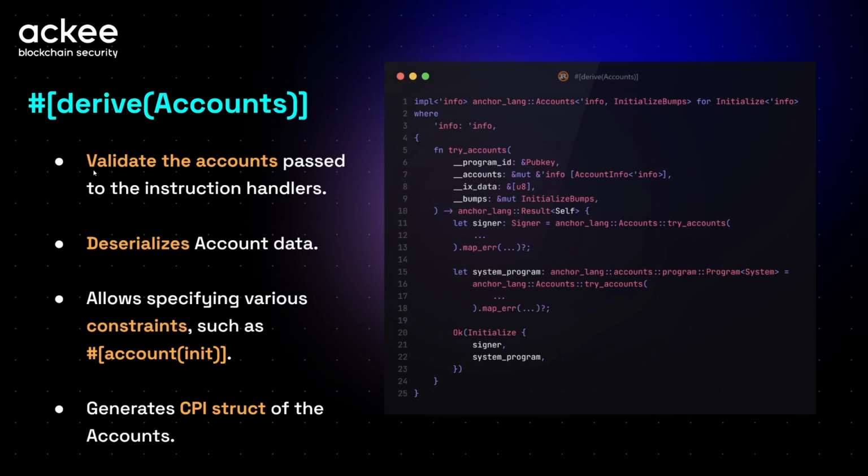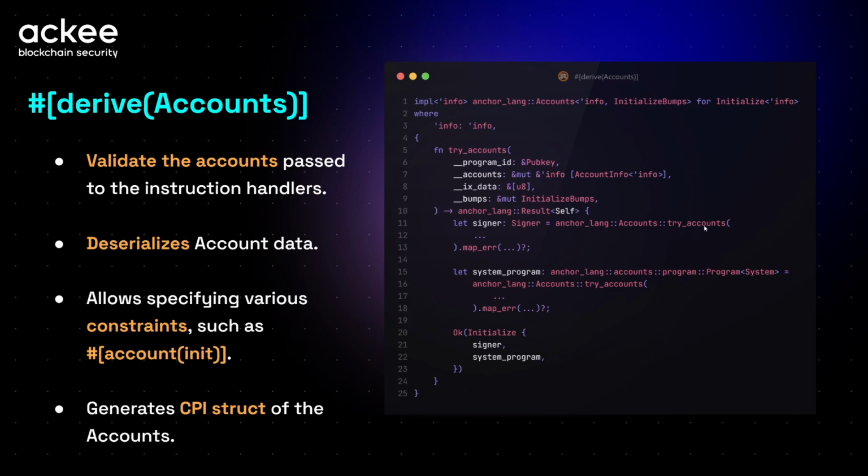because it derives the code that validates the accounts passed to the instruction handlers based on what you specified within the struct. So in this case, let's say you expect the first account in the account info array to be a signer. It actually creates the signer field and calls anchor-lang accounts try_accounts.